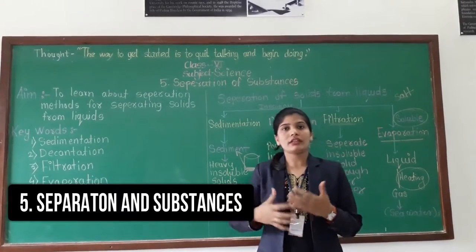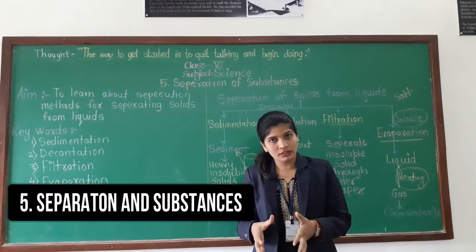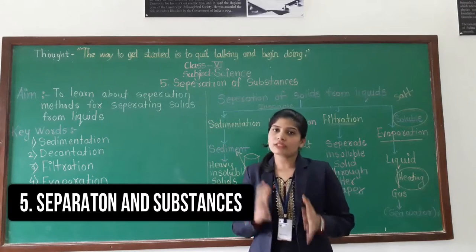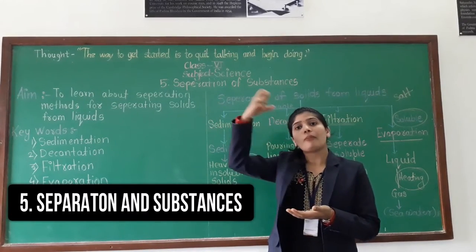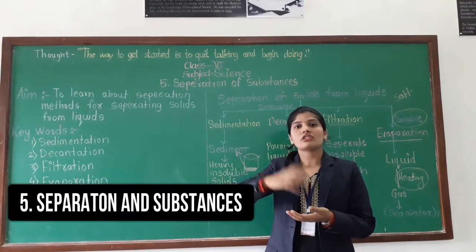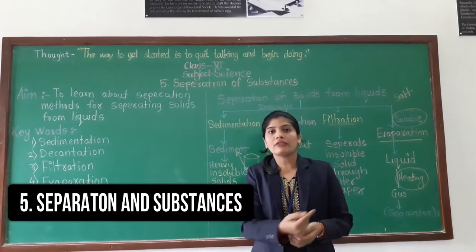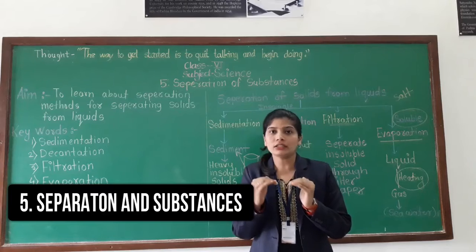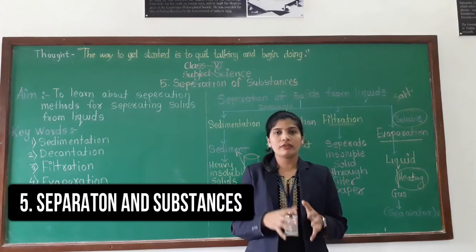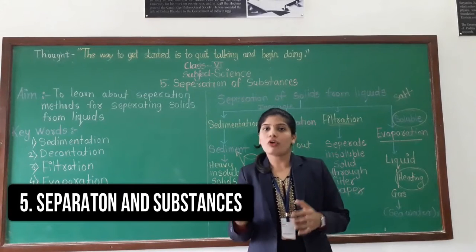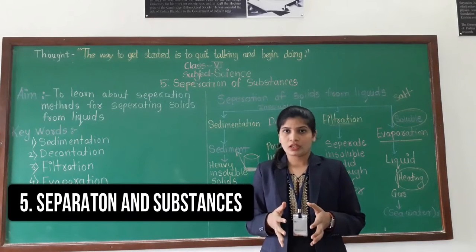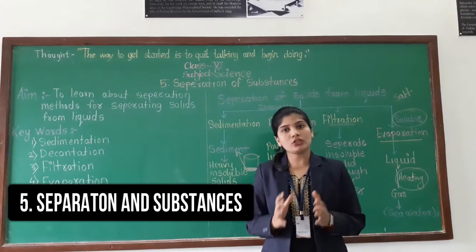Sunlight also gives heat to that sea water. So with the help of sunlight heat, that sea water evaporates. Evaporate means it just mixes in the air, and we get the common salt at the bottom. Then we send that common salt for other processes for purification. Understood from where we get the salt?